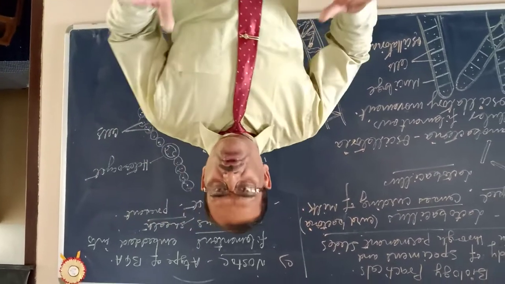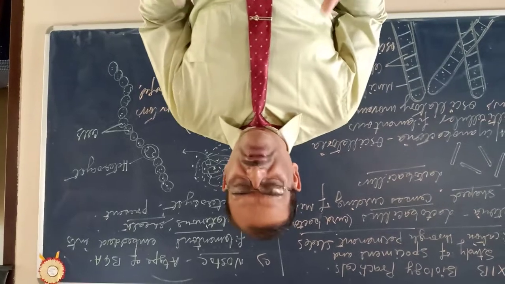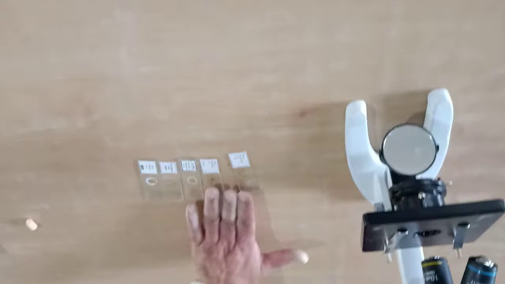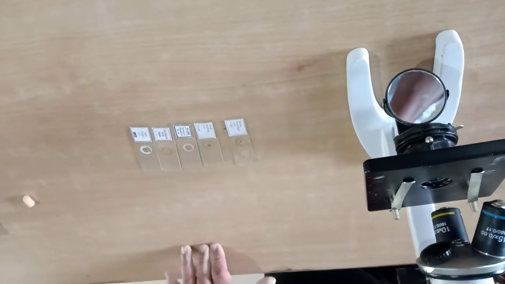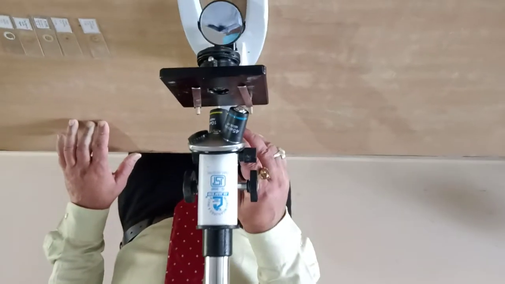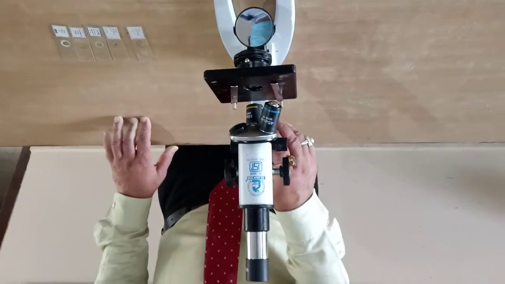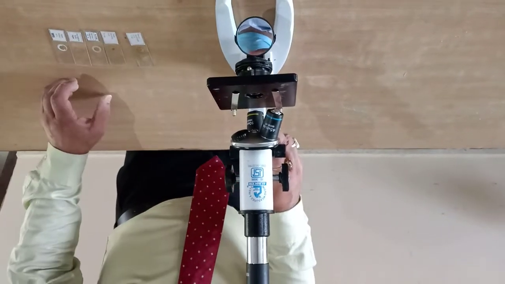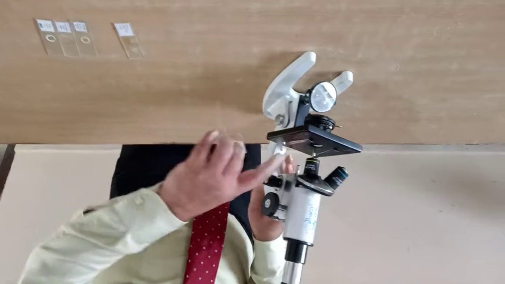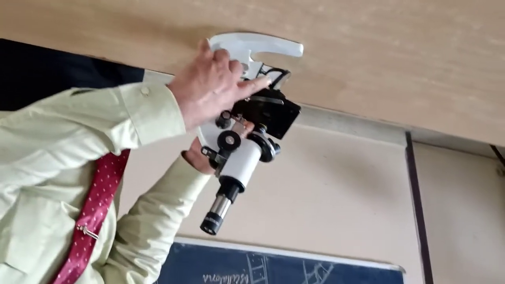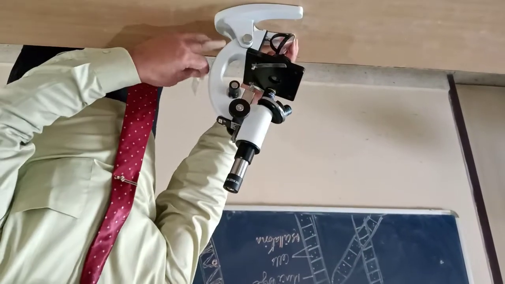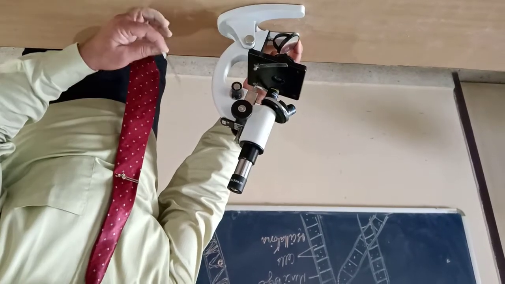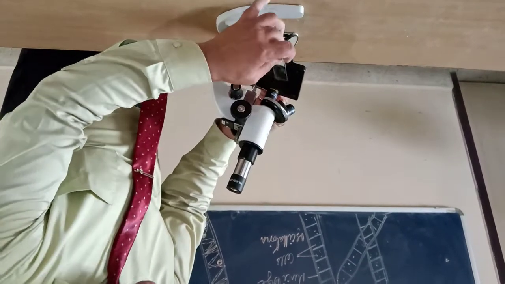First of all, what things do we require? Our requirements are the permanent slides. I have placed the slides over here. These are the slides which we are going to discuss today, and this is the compound microscope we need. We have to place the slide on this microscope. Suppose I want to study yeast cells, so this is the slide of yeast cells, and towards the window side, the direction of light, this microscope has to be placed. And then we have to set the slide,